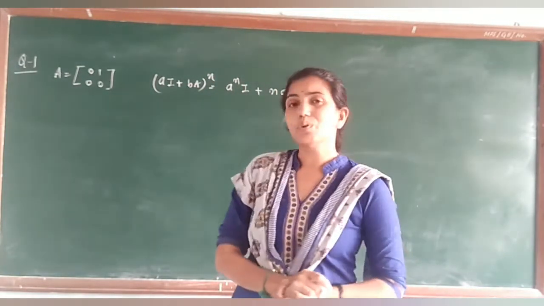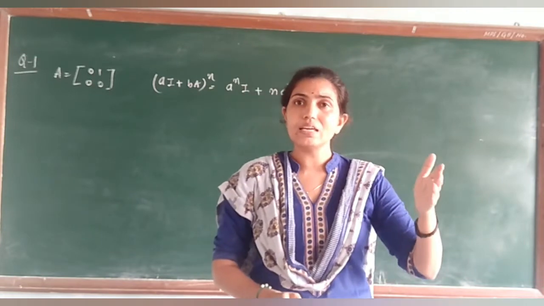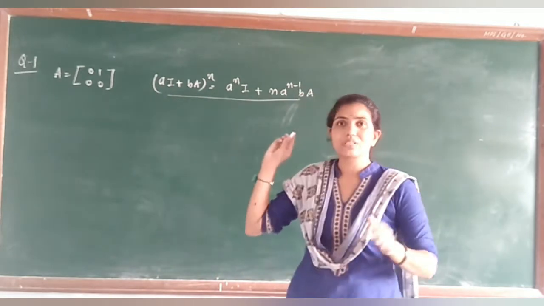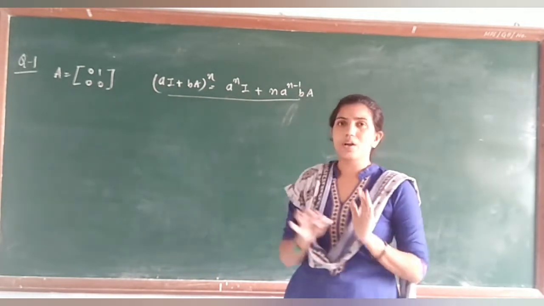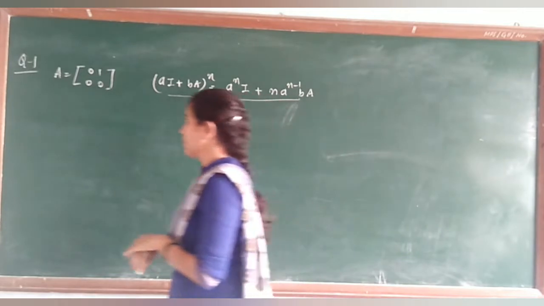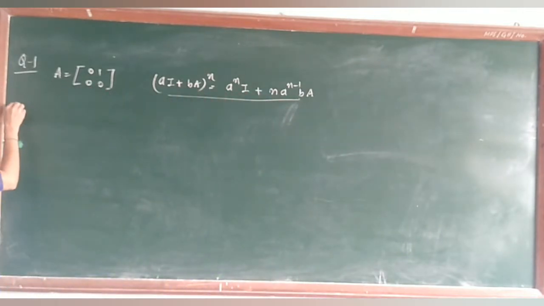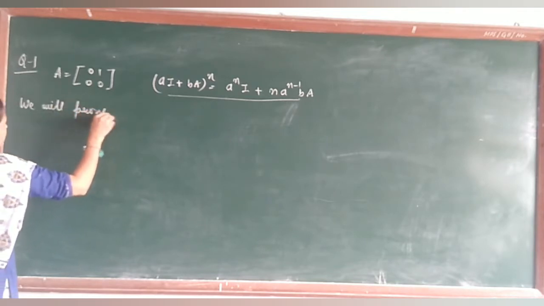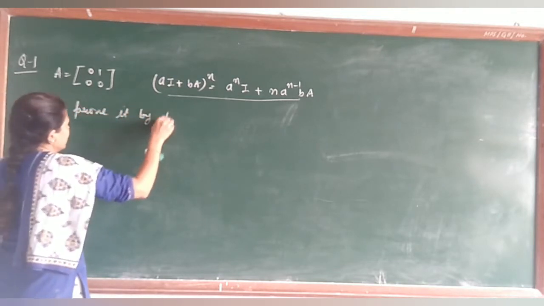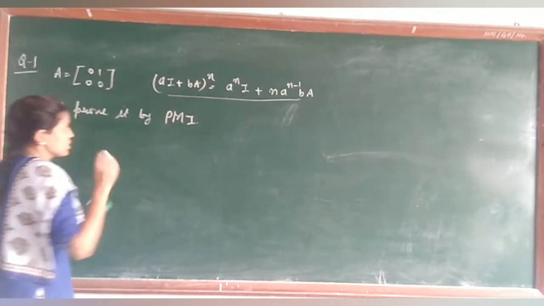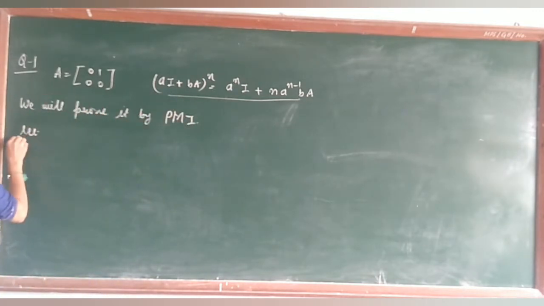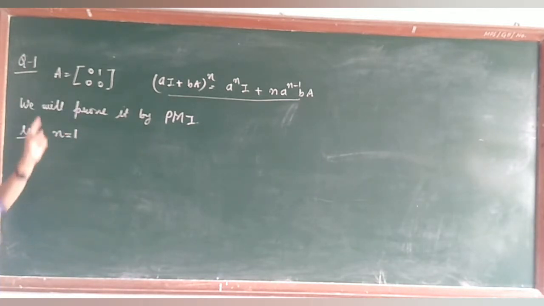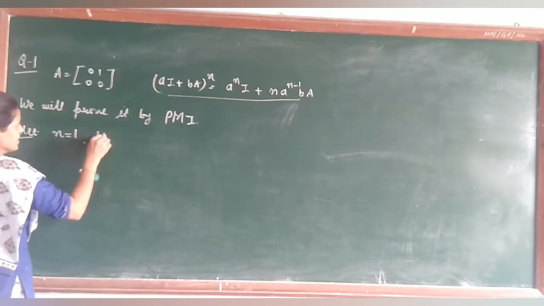सो यहाँ पे क्या है आपको? You have to prove that A is equal to this, and this we have to prove. तो ये हमारा prove that type का स्टेटमेंट है. तो इसको हमें प्रूव करना है for n is equal to 1. So we will prove this through the principle of mathematical induction. So let n = 1. So what we will do? First we will prove for n = 1. So n is equal to 1, right?